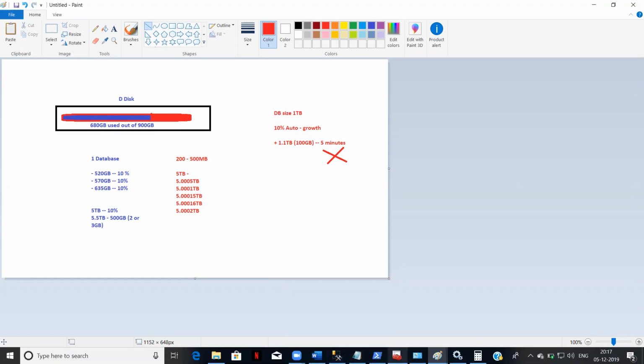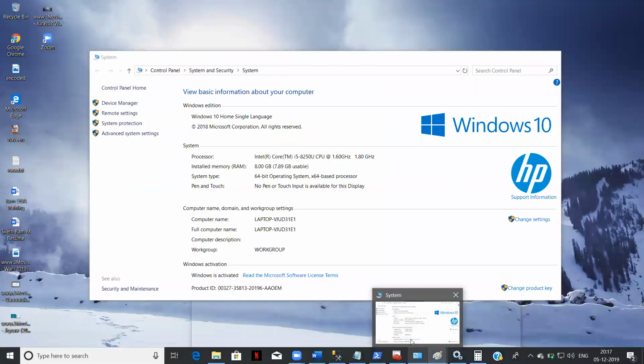Most of the cases, I'll repeat what the most important things are. First, startup should be automatic. Next, you have to keep all the database files, database log backups, in different disks. Why am I saying to keep them in different disks? To reduce the disk IO and increase the disk IO speed,